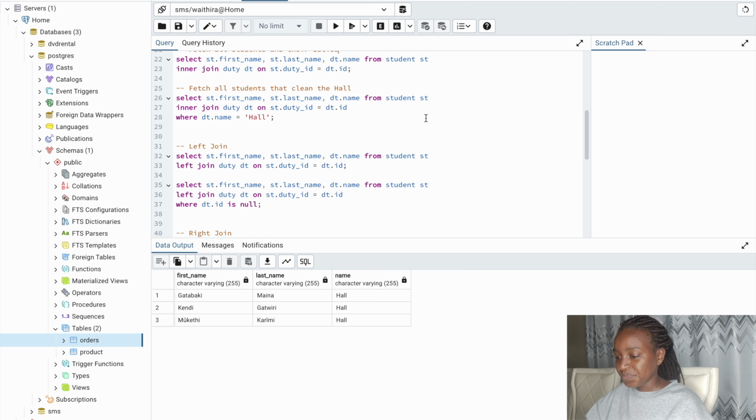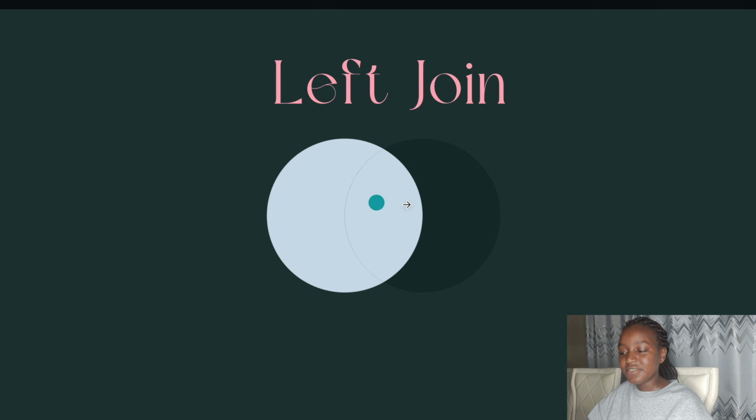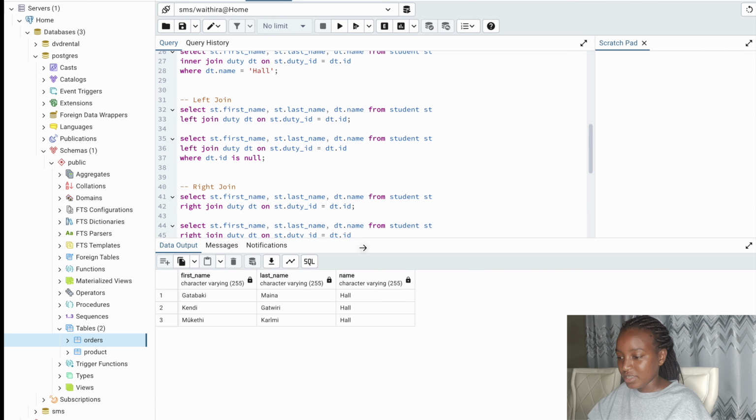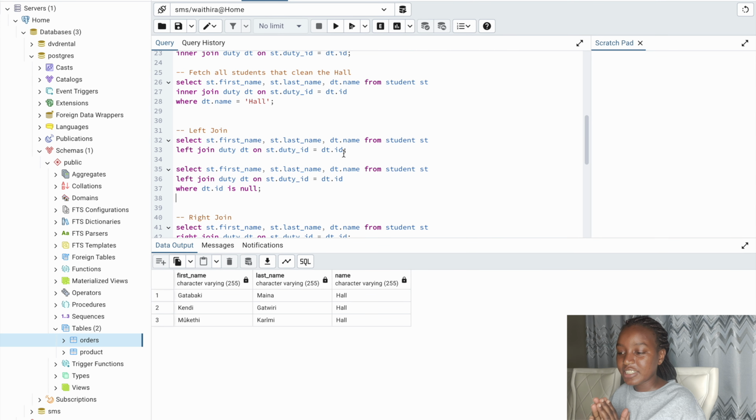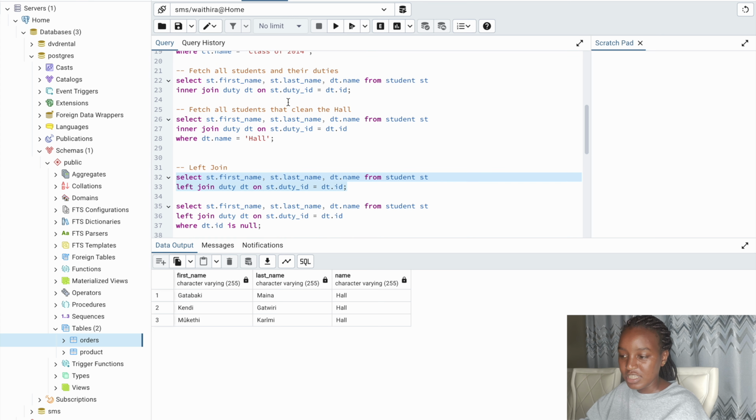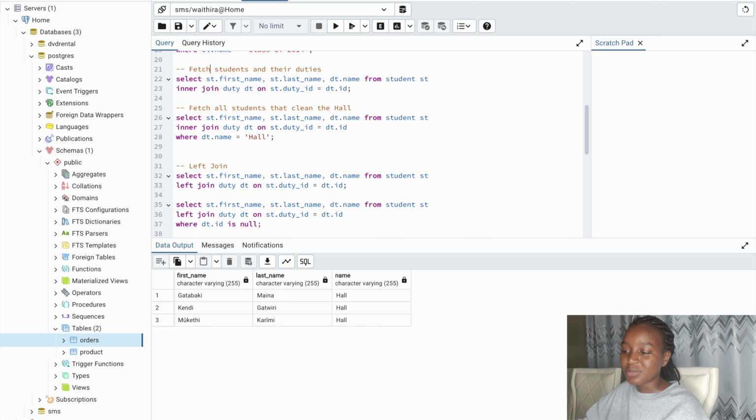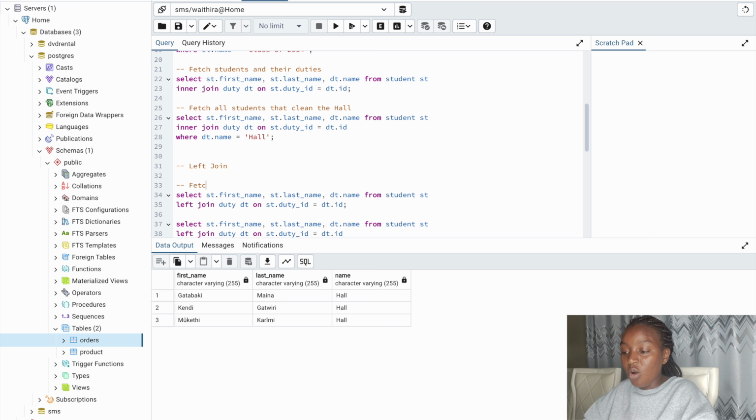Let's look at an example. Basically, everything on the left and then what matches on the right only. An example would be: give me all the students and the duties they are assigned to. In this case, I said all the students. In the other case, we matched students, so it was not a requirement to have all the students. Here it would be fetch all the students, emphasizing that I need all records from the student table